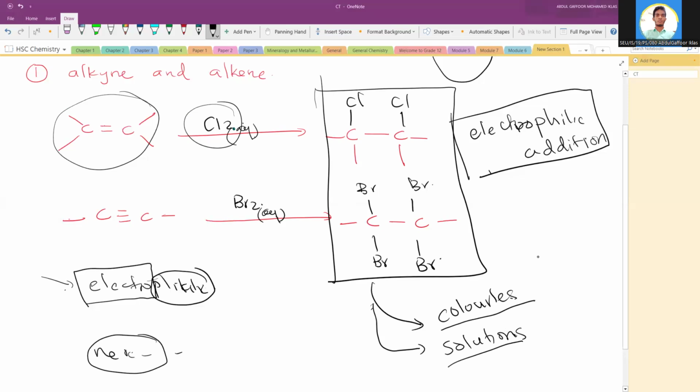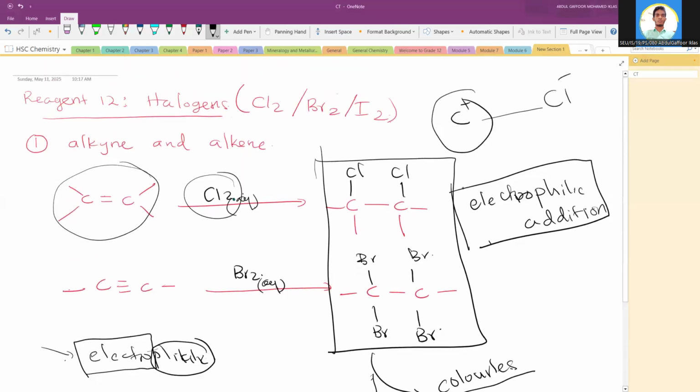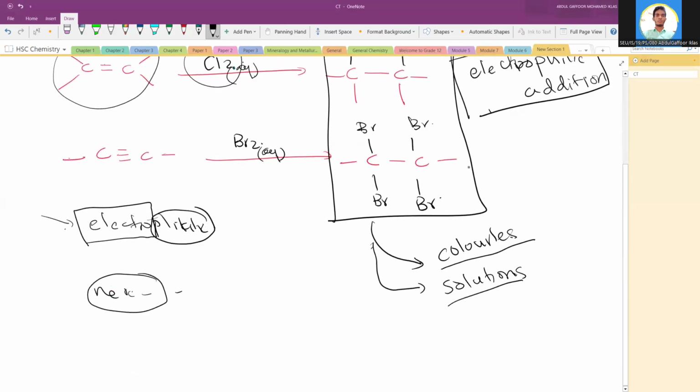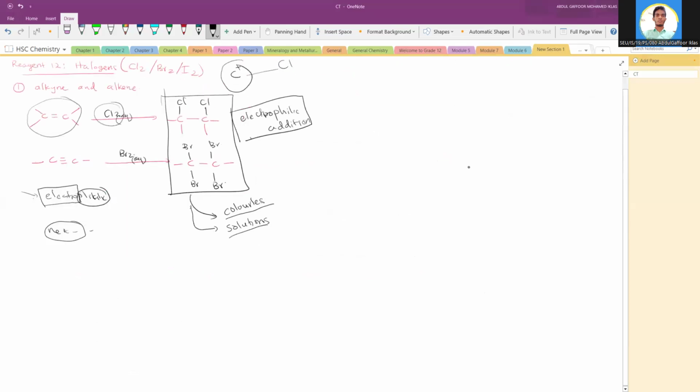So this is all about the type 1 reaction with halogens, right? If you move to the second type, it is with these systems, the highly repulsive systems. If you have these types of structures, benzene,